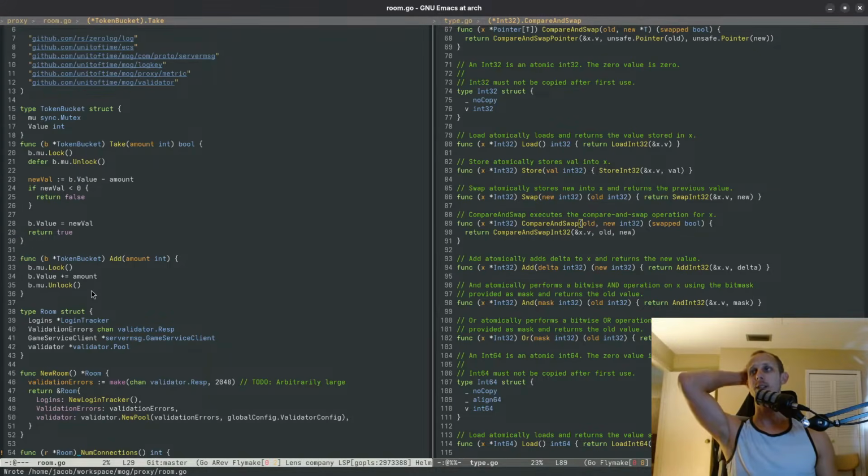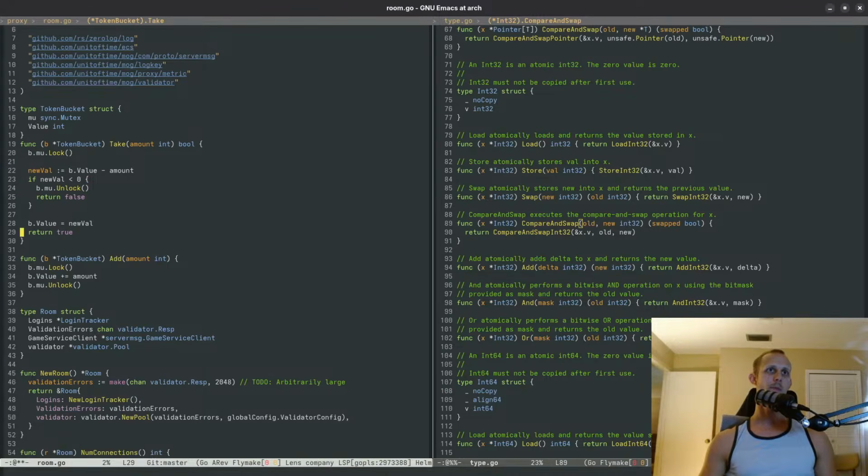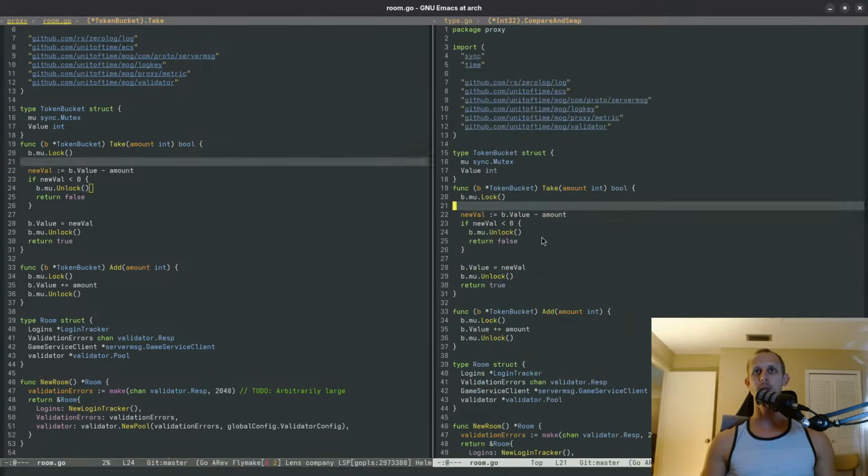I don't love defers because I think they make it so you can't inline the functions, but we'll just do this, I guess. I don't think this is gonna change, so. Okay, there's our token bucket. We'll have to have a refill thread that goes on these as well, but